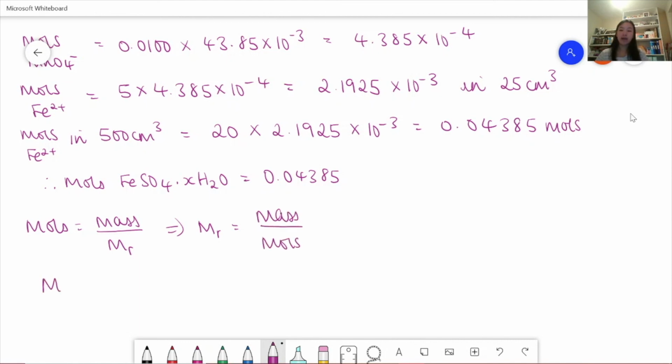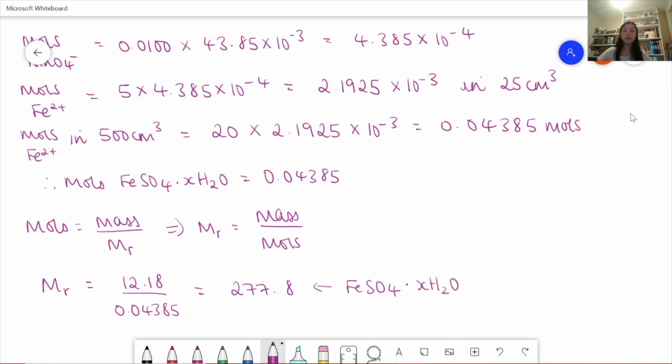And so Mr is equal to 12.18 grams over 0.04385. And this is equal to 277.8. So this is the Mr of the whole compound,